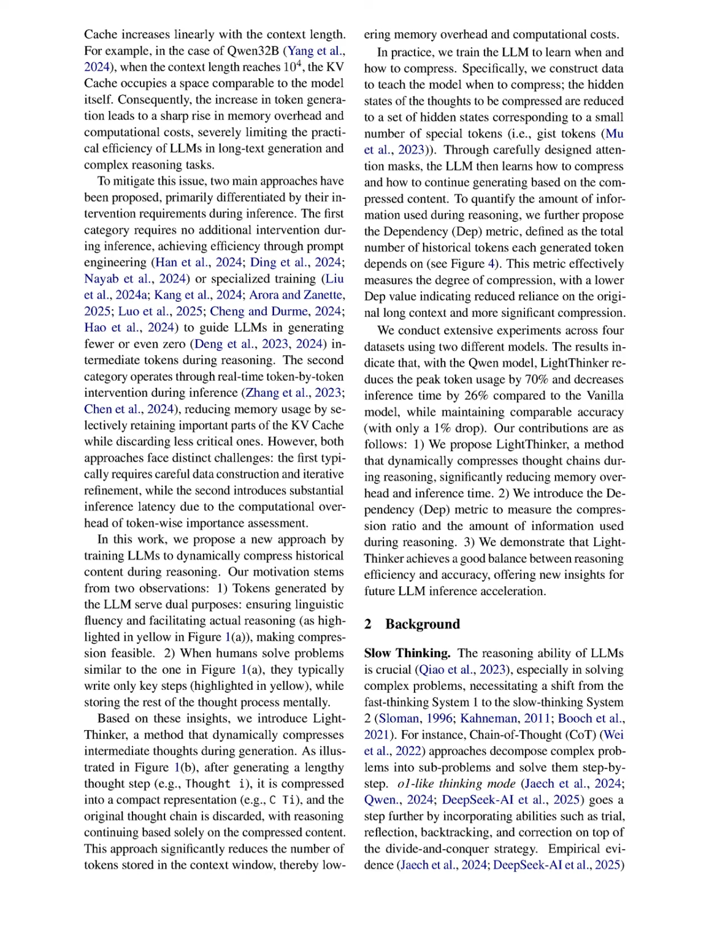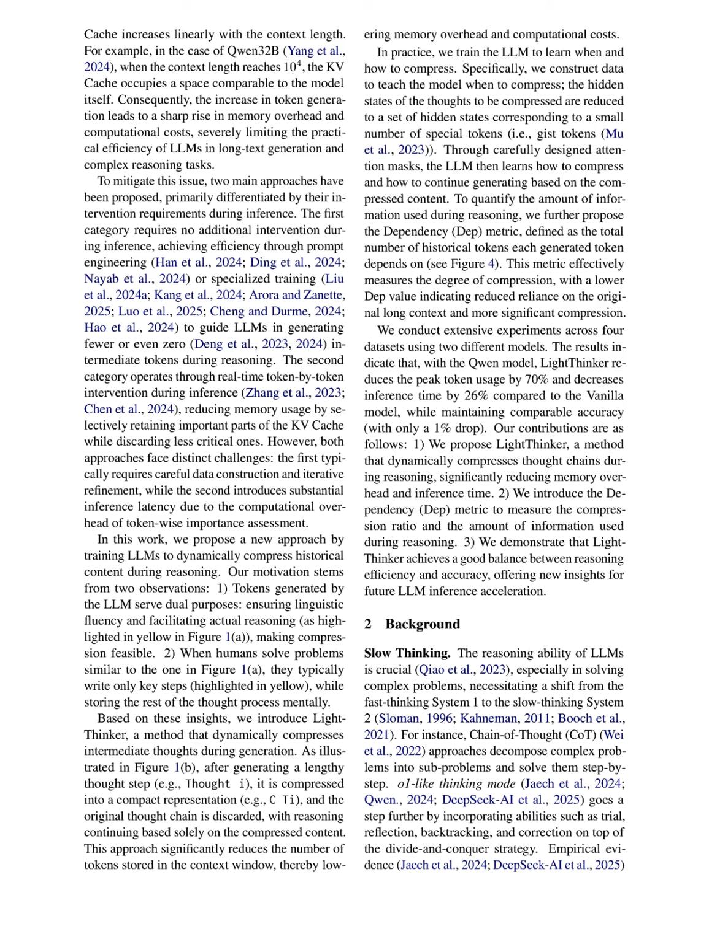As LLMs transition from fast to slow thinking modes, they generate a large number of tokens, which leads to a significant increase in memory usage, particularly with the KV cache, and a quadratic rise in computational costs due to the attention mechanism. Addressing this issue is essential because it severely limits the practical efficiency of LLMs in long text generation